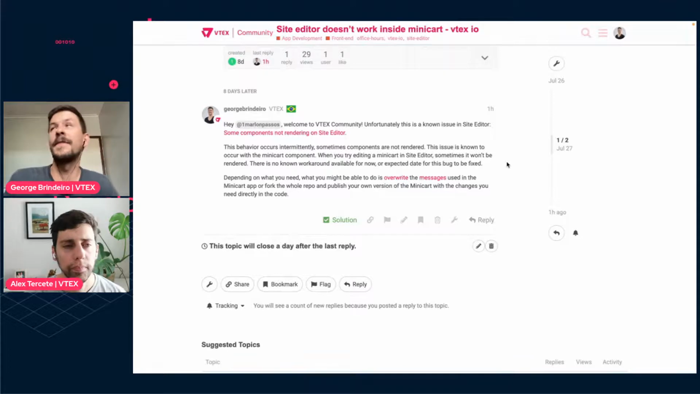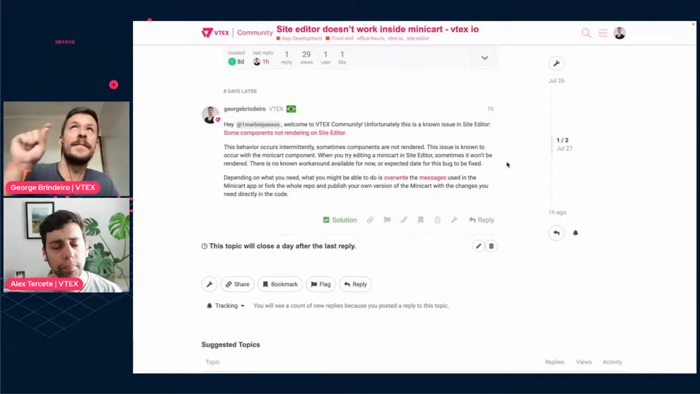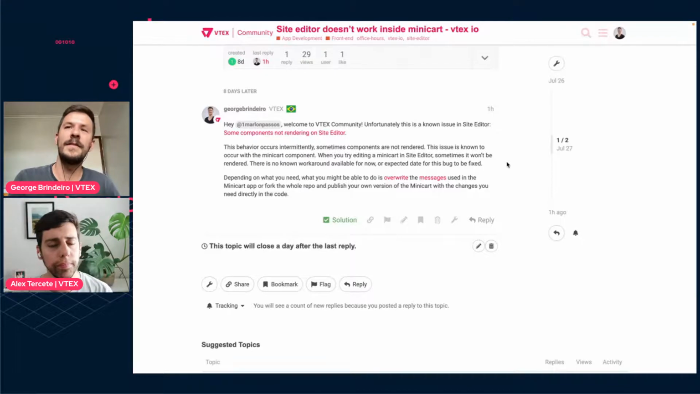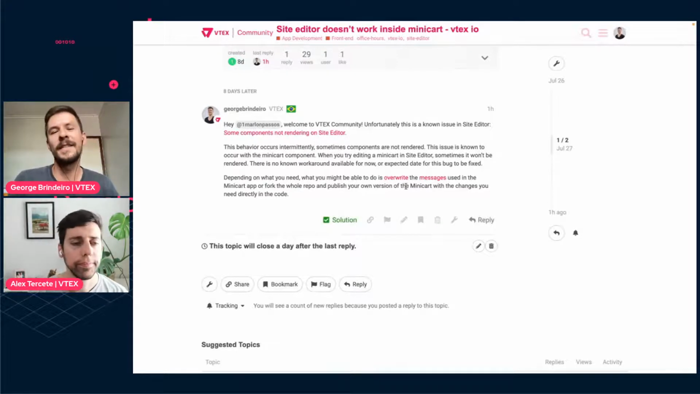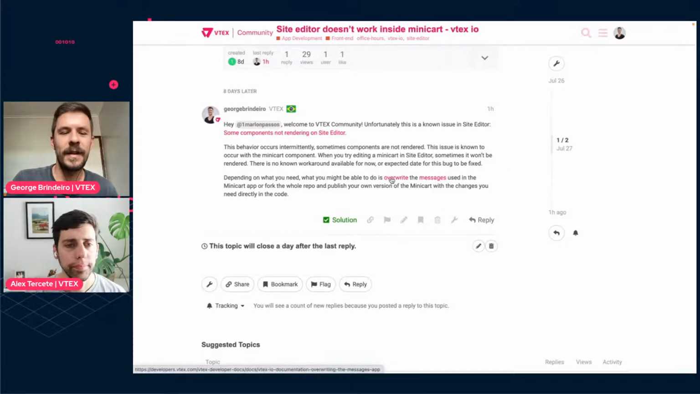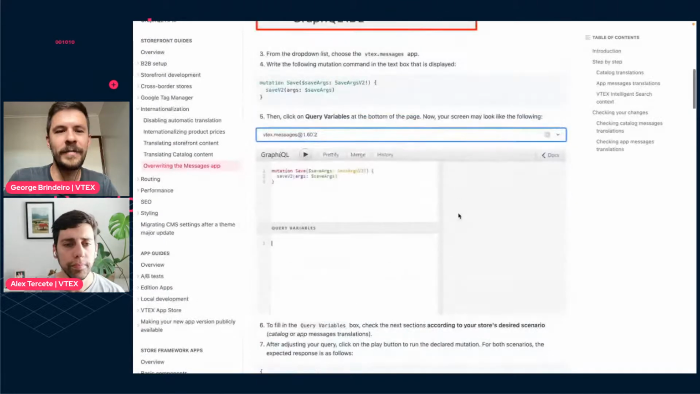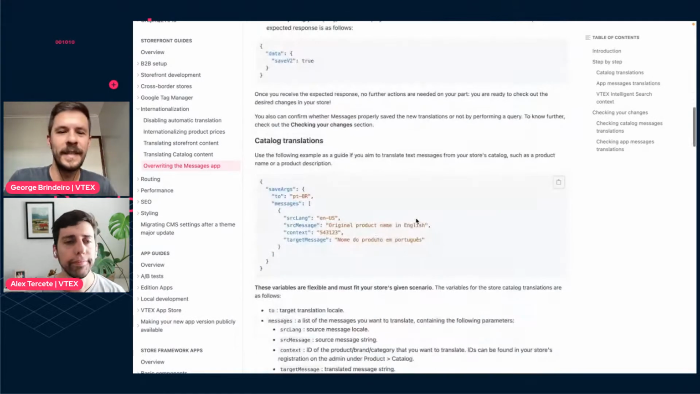But if you wanted, for instance, to edit the mini cart title or the color of the button or whatever, if you wanted to change some strings, you could overwrite the messages used. So I linked the documentation explaining how you can overwrite messages, and you can get the GraphQL ID and say like this string should be that string, and then you could do that from some catalog translations, but you could also use that for